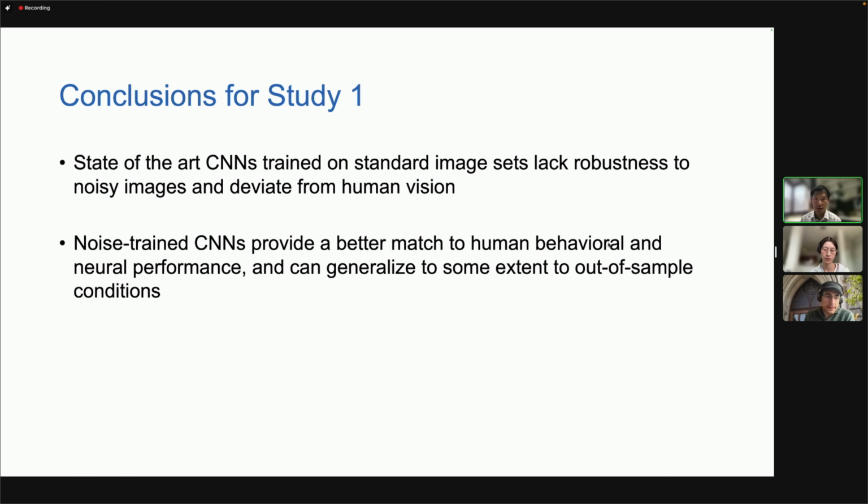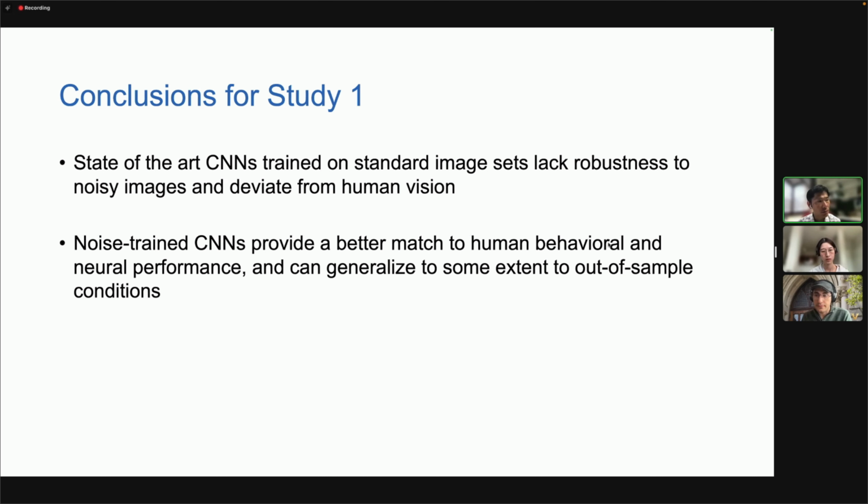Yeah, that's a great question, Sohail. So a couple of things to mention. Adversarial training of CNNs does make them both more robust to noise and does improve to some degree the degree of alignment with human neural responses. So both are true. For these studies, we favored randomly generated noise because we didn't want to steer the CNN too much, and